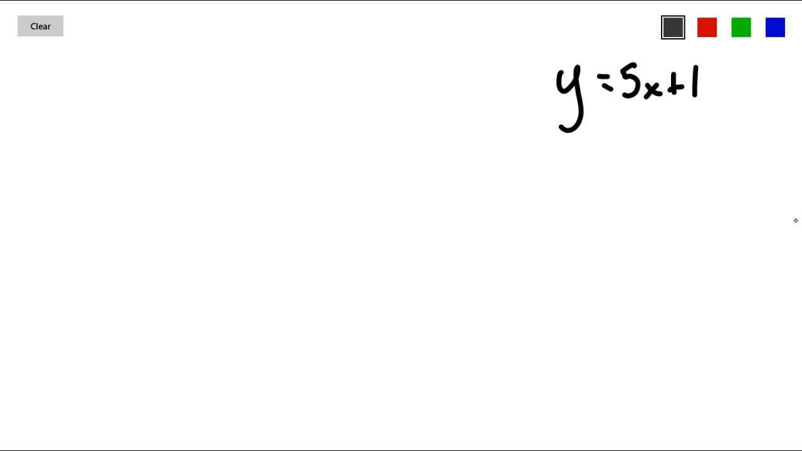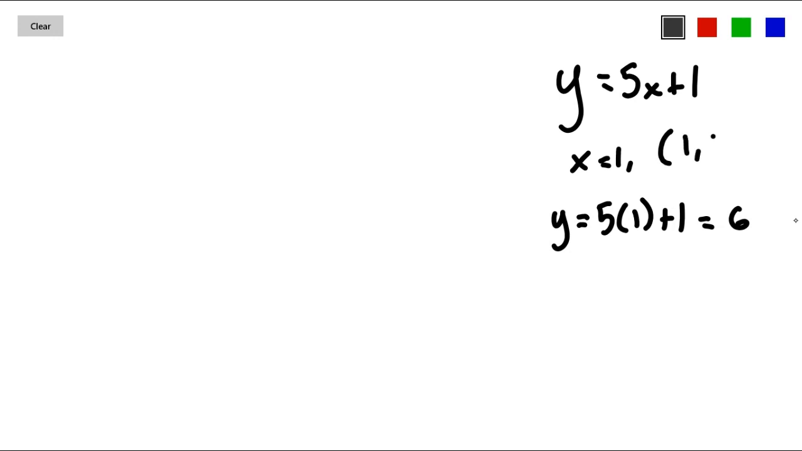So if I plug in a point for x here, let's just say that I want x to equal 1. Well, then I can get a corresponding y value when I evaluate this expression by plugging in 1 for x here. So I'll have y is equal to 5 times 1 plus 1, which is 6. So when x is equal to 1, this relationship is going to plot an ordered pair of (1, 6) on